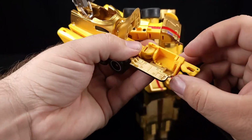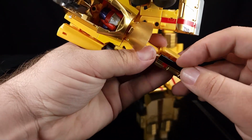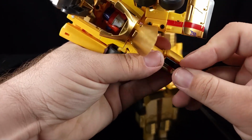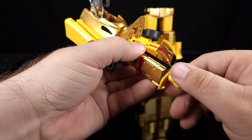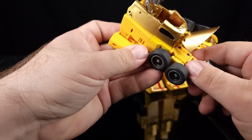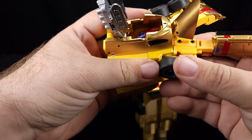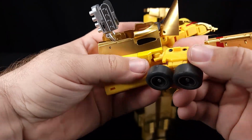And then for the forearm, much like everybody else, you do have a tab there and into the wrist. You go. And then this little tab will go into that spot right there. And then I believe we want to rotate the hand around. The arms and shoulders and stuff are not where they're supposed to be yet, so give me a minute. Okay, so there. You got to kind of pull that loose